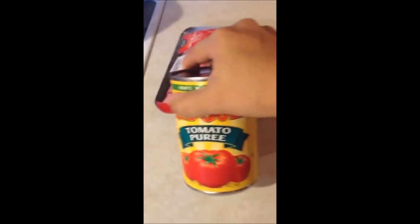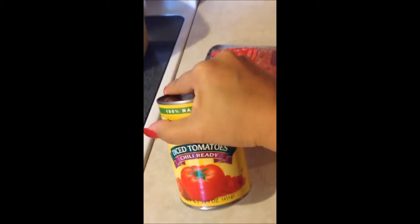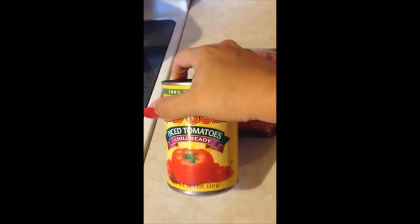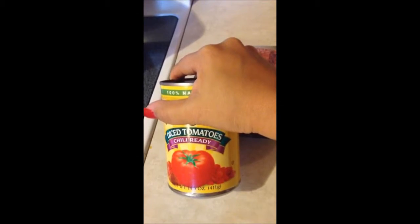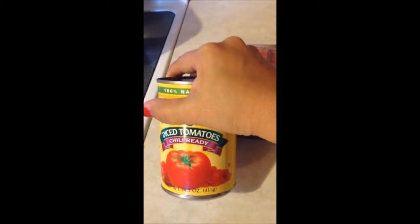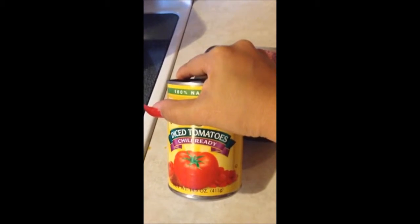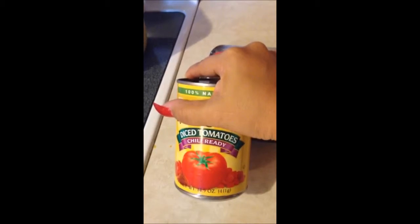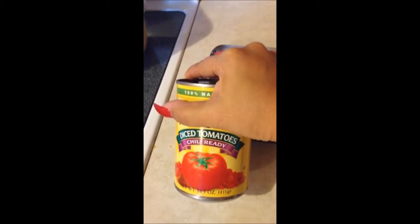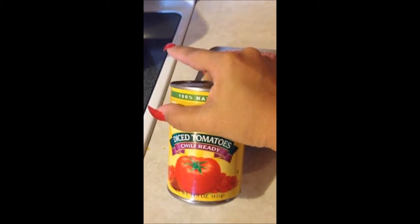Tomato sauce, 1 can. Tomato puree, 1 can. And diced tomatoes, 1 can. This brand actually also comes with chipotle diced tomatoes, so if you like your chili to have a little bit of a sweet taste, you can do the chipotle, or if you want to add a little heat into your chili to give it a little hotness, you can either do the diced tomatoes like this that are hot, or